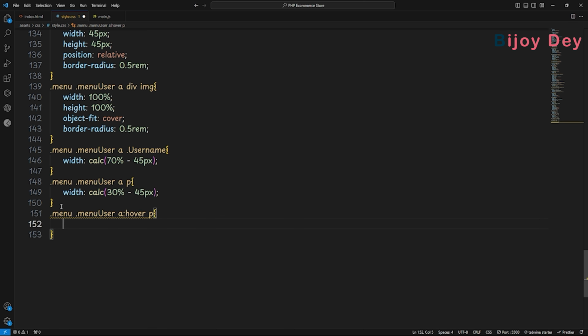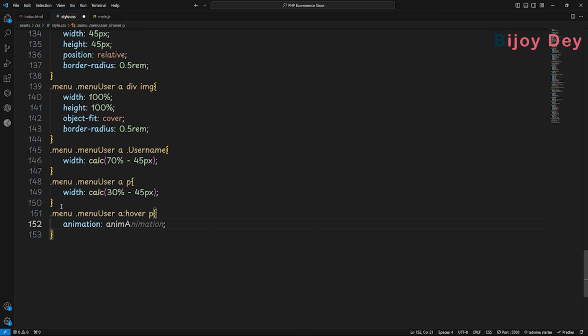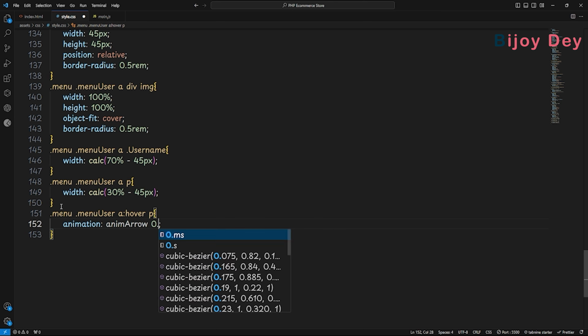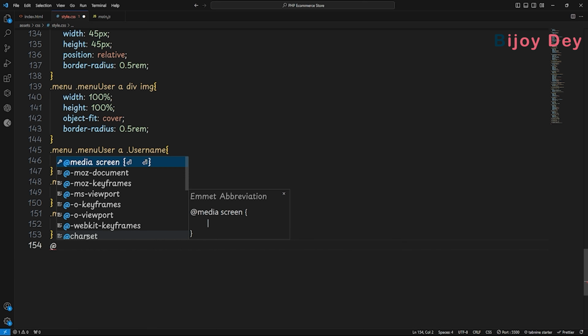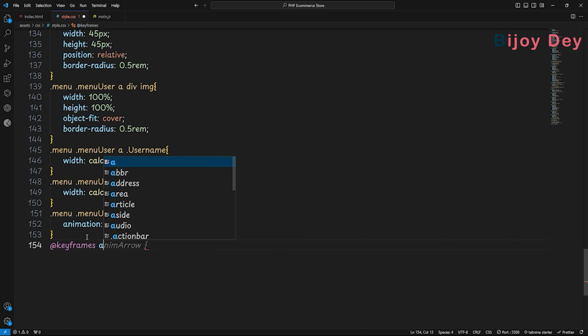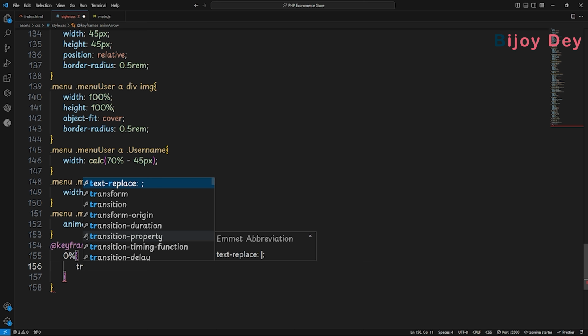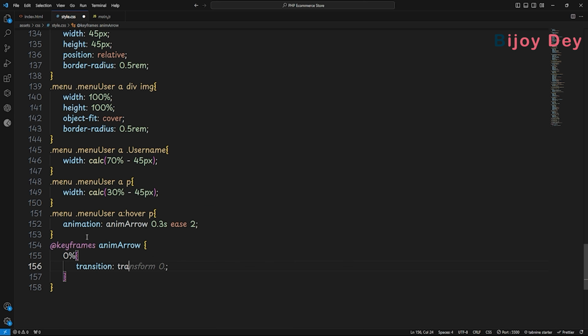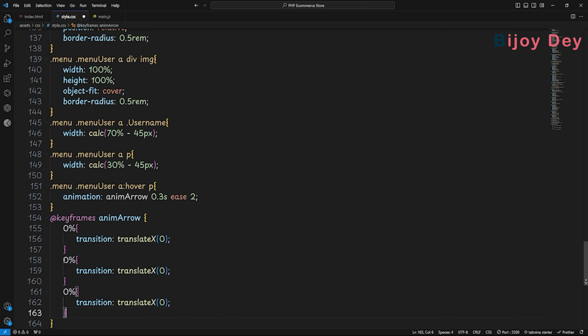so animation and anim arrow and new variable and 0.3s ease and 2 and keyframes anim arrow and 0%, have to use a transition transform, so translateX 0, and copy the 0% and paste 3 times and 50% 100% and translate 5 pixel. Okay,